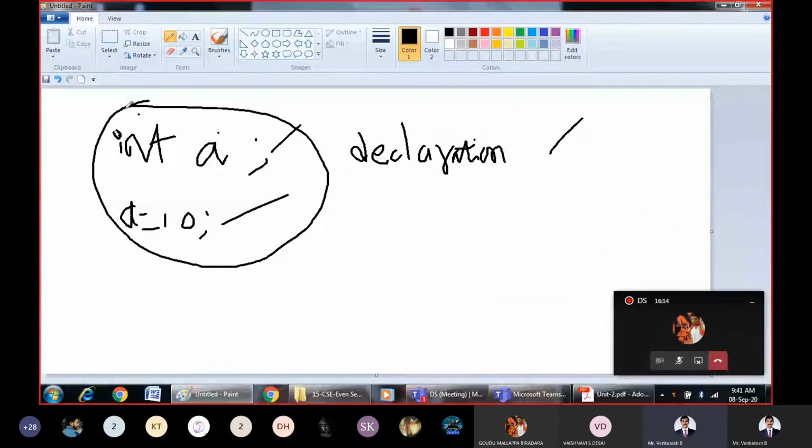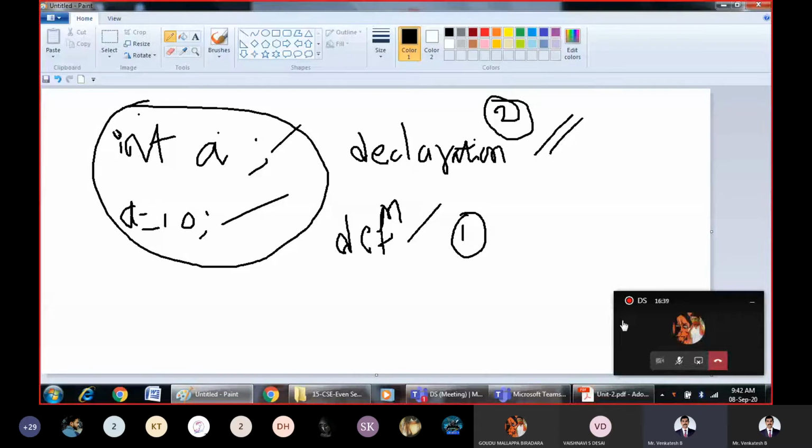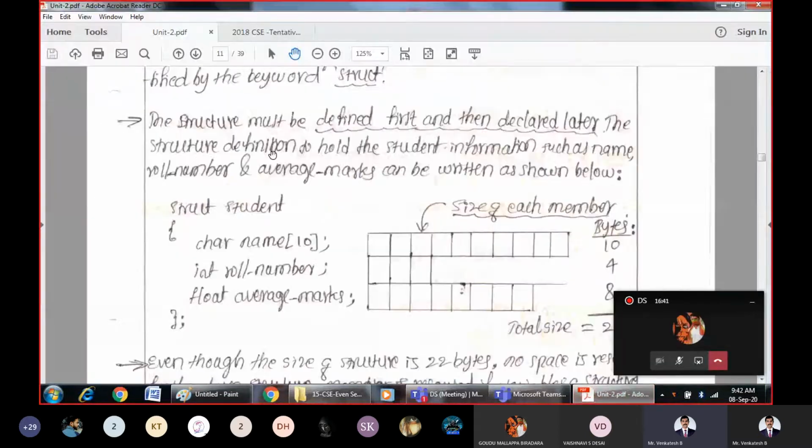But if you are going for the structure variable, the structure must be defined first. For normal variables, first you must declare the variables, then you should assign some initial values, define the variables. When you take the structure variables, it is reverse. Structures must be defined first, then the variables will be declared. That is the second step. This is the one key difference between normal variable and the structure variable. So for a structure, you must first write the definition, then you should declare variables of the structure.